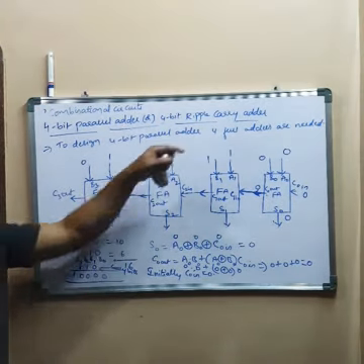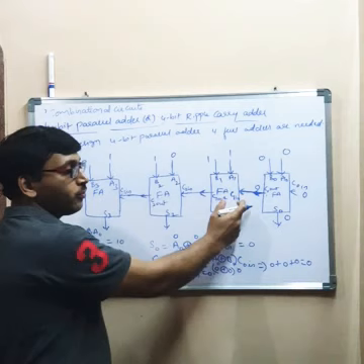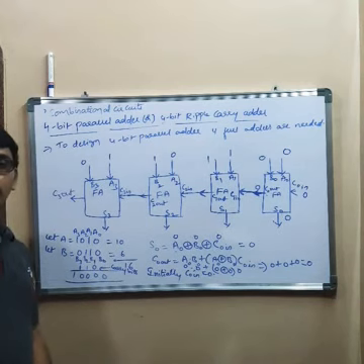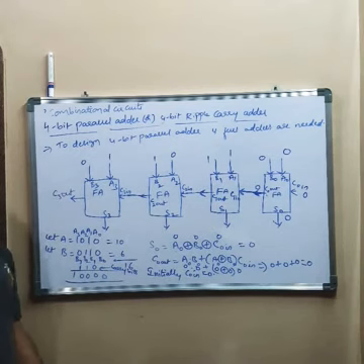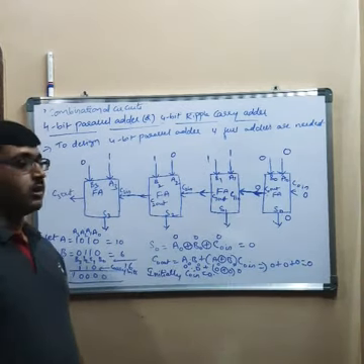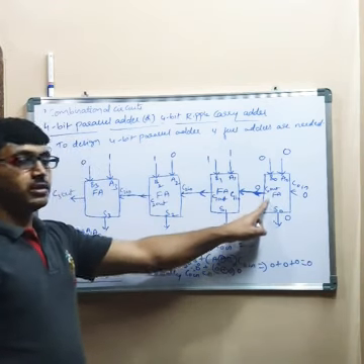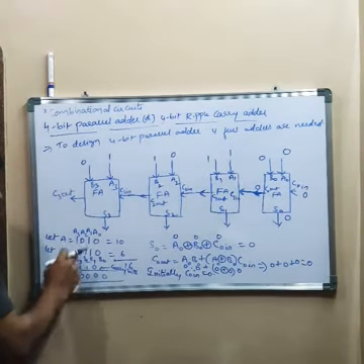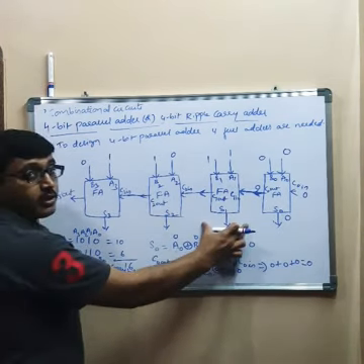So why is this adder also called a ripple carry adder? As the carry out of the first full adder is connected to the carry in of the next full adder, there will be a propagation delay. What is meant by propagation delay? Already while discussing the characteristics of the logic families, I explained what is meant by propagation delay. The minimum time required to process the inputs and produce the output is called propagation delay, right? So this carry out is propagated to the carry in of the next full adder. Based on the same procedure, I have designed this circuit.